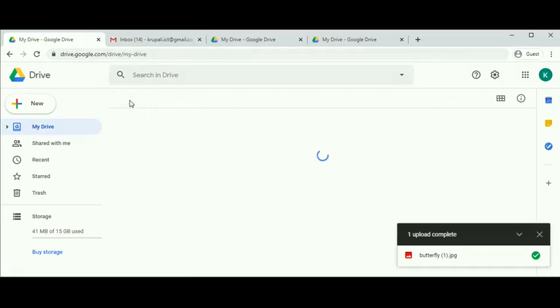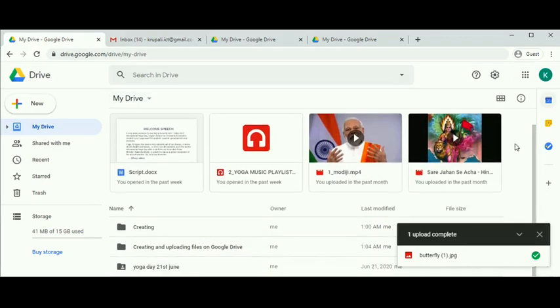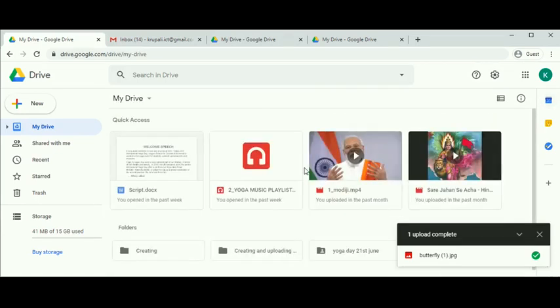After uploading the file, in order to collaborate and share the file with others, we need to generate a link. So let's see how to do that. Let me switch the view to grid view so that we could see our folder easily. Now creating and uploading images. Right click on this folder or just select the folder on the top. You'll get an option share. Click on share.